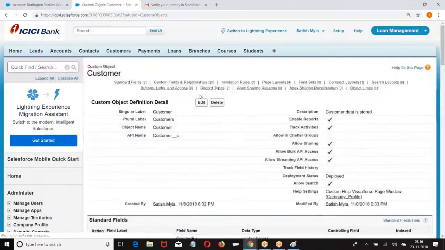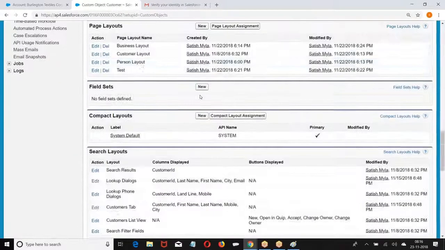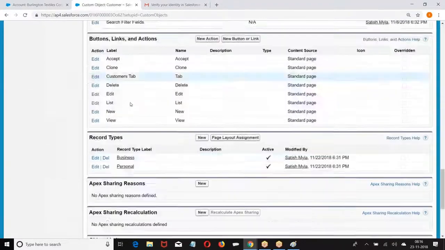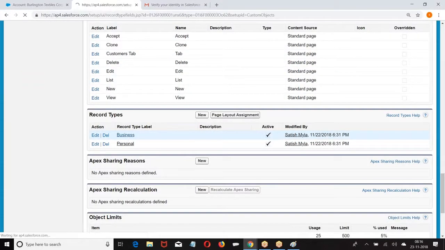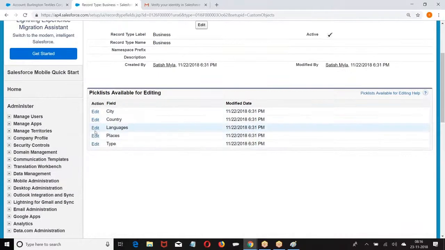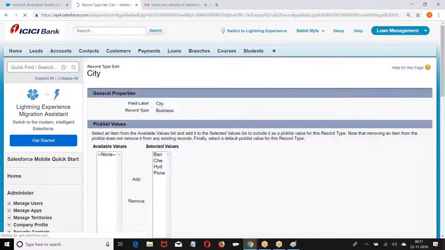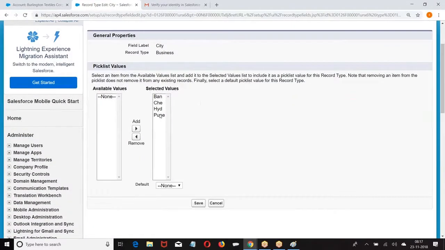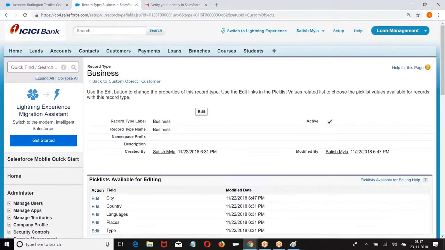Go to the customer. Record type business, control city. Bangalore and Hyderabad I give, for the business record type.